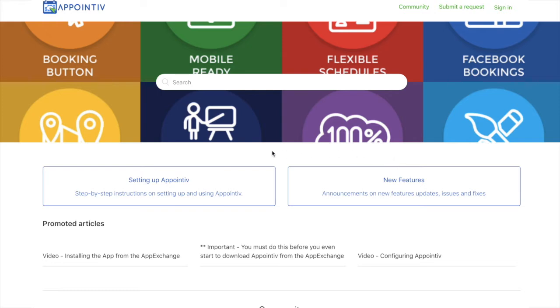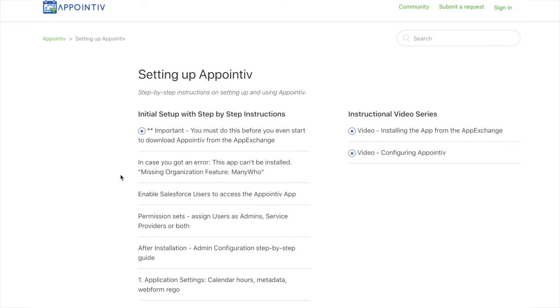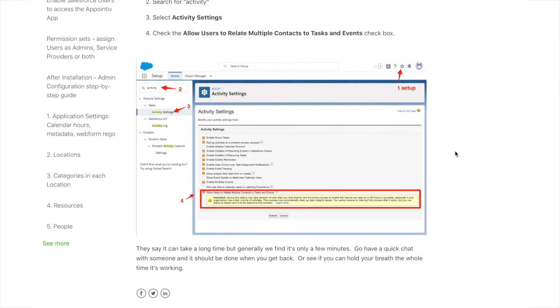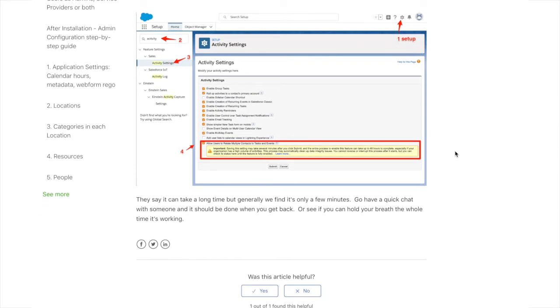One thing I want to point out here is this customization guide. It's a good idea to click on that. That'll take you over to the Appointiv Support Center, where we've got this Setting Up Salesforce section. You can click on there. And the first thing you'll see here is this pre-installation setup. This is really important. This is the stuff you've got to do in Salesforce to prepare before you actually install